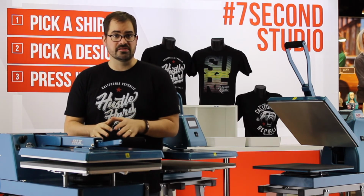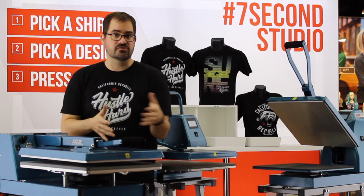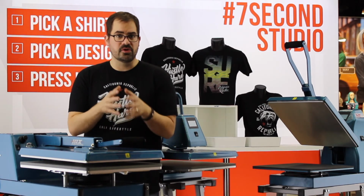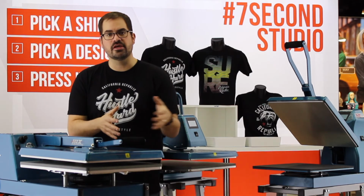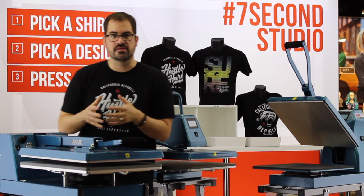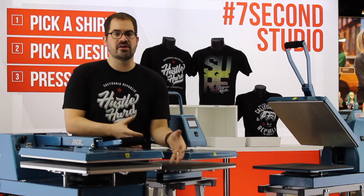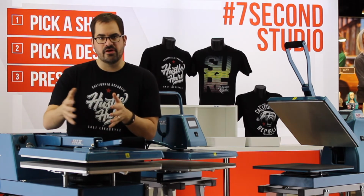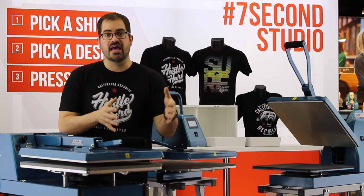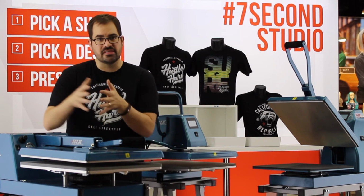Make an investment in your business. Invest in quality American-made equipment. It's going to be serviced right here in America, so that you can build a business that's going to last year after year, press after press. And the biggest cost that you need to factor in is the opportunity cost that you lose when you invest in inferior equipment and then you have a malfunction, or you have something break down for you in a critical moment when you're trying to decorate goods and get them out to a customer, when you have a deadline